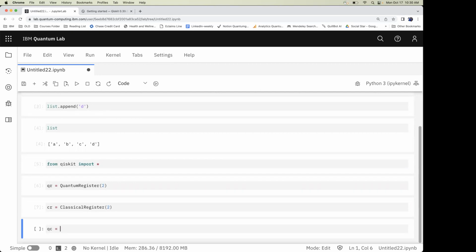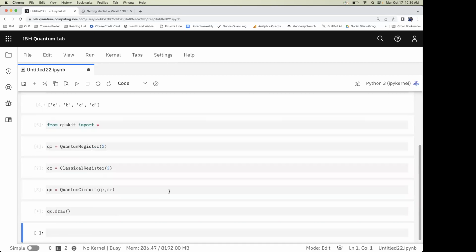Now, if you want to build a quantum circuit, we have a lot of functions which you can just use and pass parameters to, similarly to Python. We have a function called quantum circuit. If you pass your quantum and classical registers, the circuit will be made. And whenever you are coding quantum computers, at any moment, if you want to see how your quantum circuit looks, you can always do qc.draw in your Jupyter notebook.